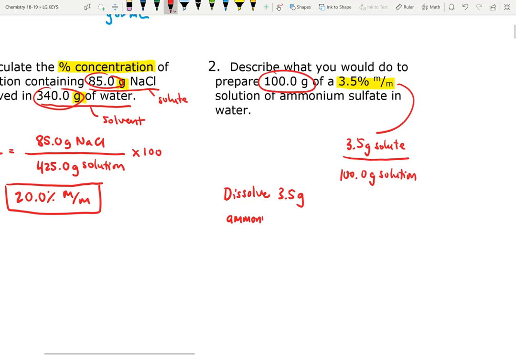And we could write that out as a name here, or we can write it out as a formula if you're comfortable with those formulas, come up with them in a hurry, or you can look them up. NH4, that's our ammonium sulfate, into how much water would it take to make 100 grams of solution? Well, if 3.5 grams of the solution is the solute, then the total gets to 100 by adding 96.5 grams